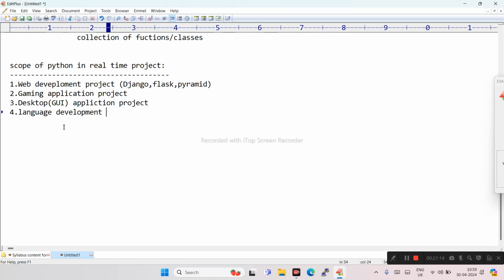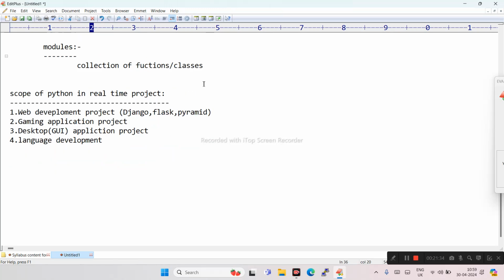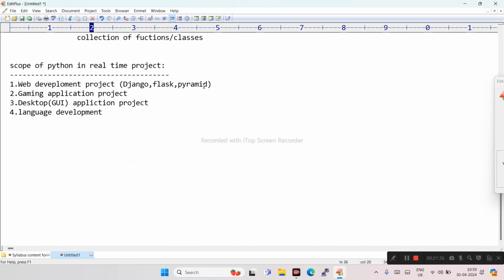So we can create another programming language. We can develop another programming language also. For example, if you take Python itself, we can develop using Python code only. Python has a collection of 2 lakh modules, right? Using Python, we can develop some different modules also, based on the requirement. If you have another specific requirement, you can develop your own module based on Python only. In the same way, in language development projects also we can use Python.